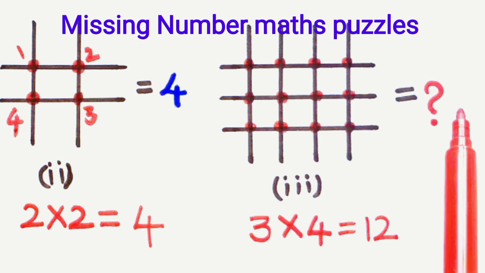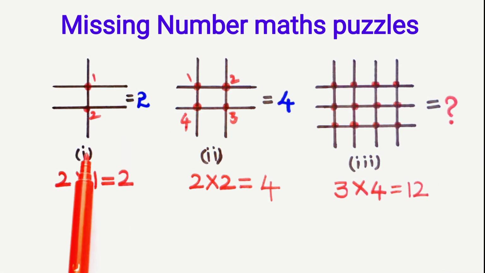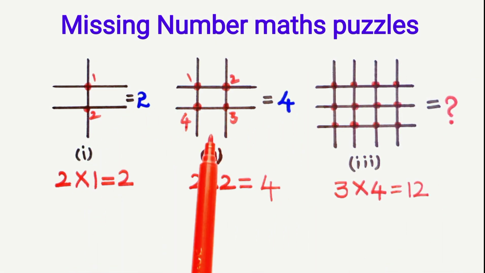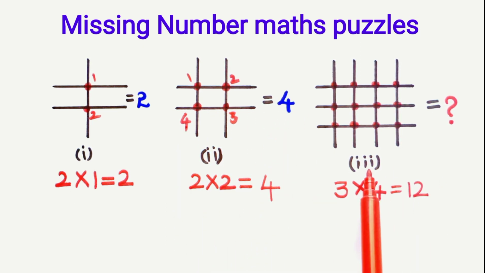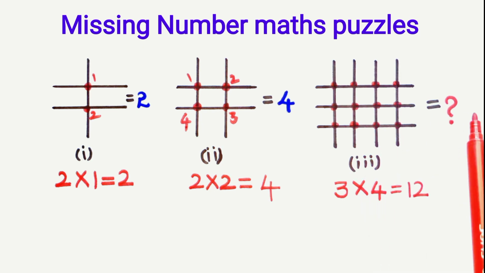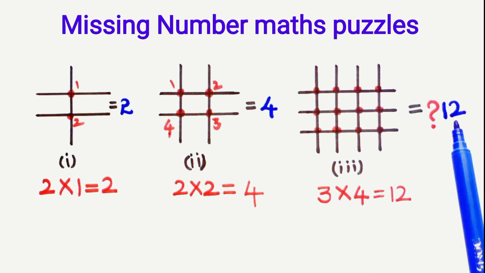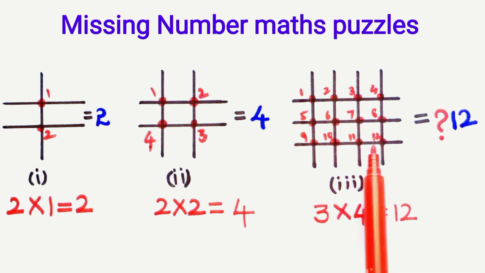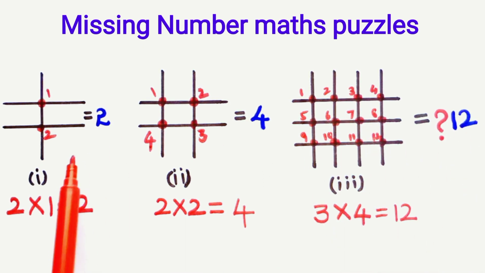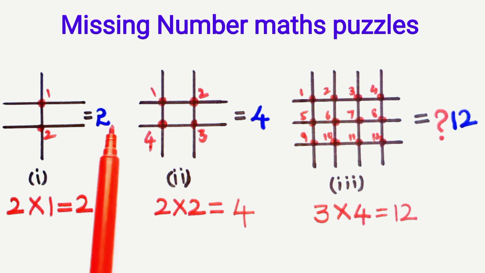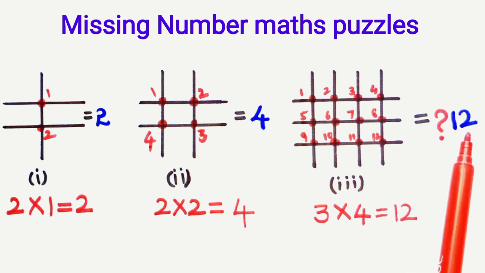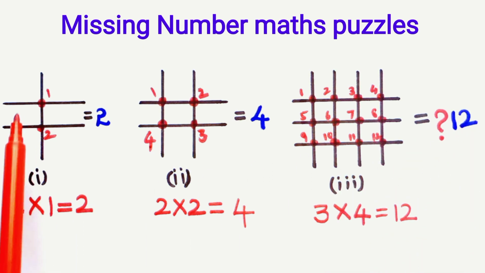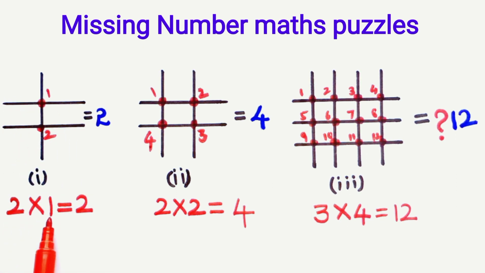Yes, it is 12. So the figure 1 represents 2 intersecting points. The figure 2 represents there are 4 intersecting points. And the figure 3 represents there are 12 intersecting points. So the answer is 12. You can see here there are 12 intersecting points. So here there are 2 horizontal lines which are parallel to each other and there is one